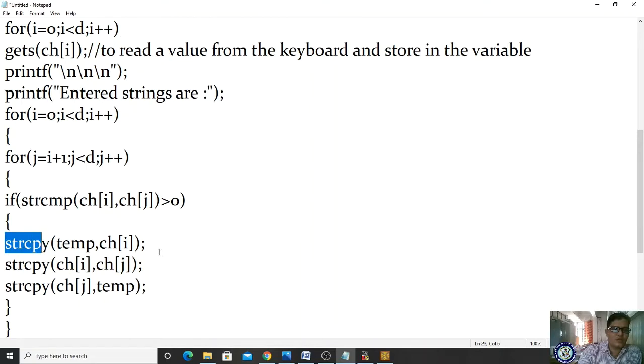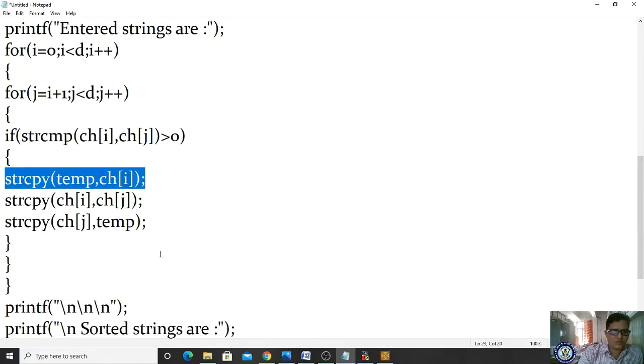We are copying the ch of 0 value, that is smc, into temp, and copying ch of j, that is Shirva, into the 0th location, and the temporary location value, that is smc, into ch of j. Got it? Clear? So by using this strcpy function you are sorting, by comparing this. Afterwards it will come here, j incrementation, j becomes plus 1.